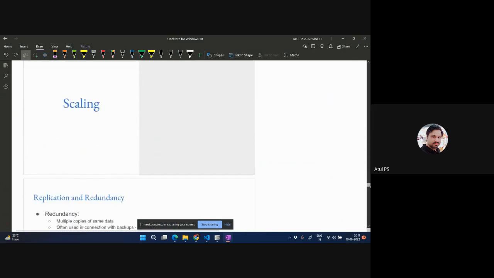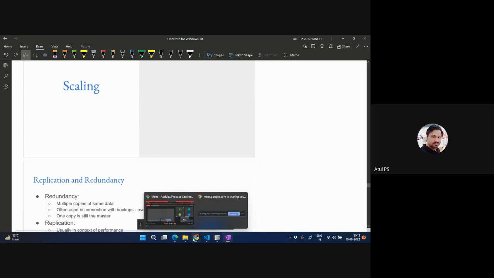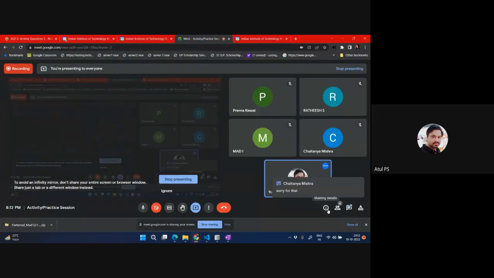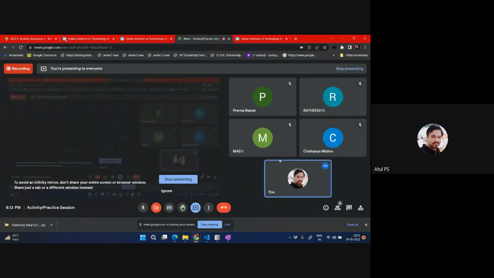Scaling. Scaling means if you want to increase our okay, one second. Yeah, what happened, Chetan? Company and bot. Okay. Okay, so we're